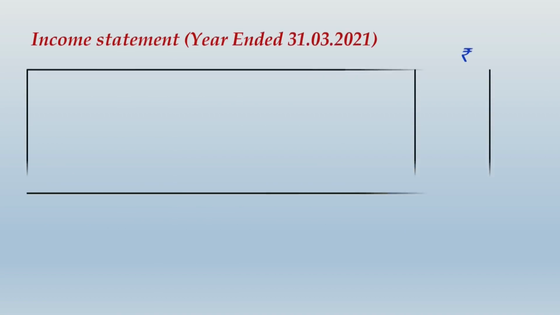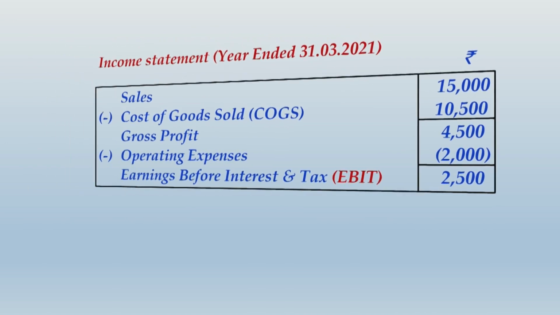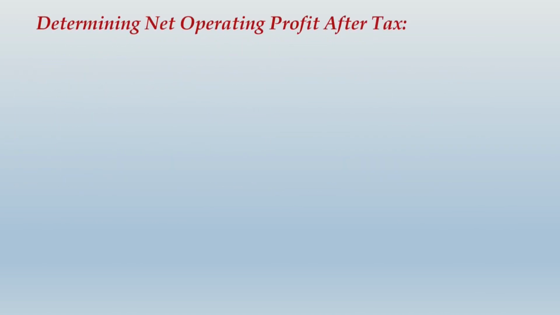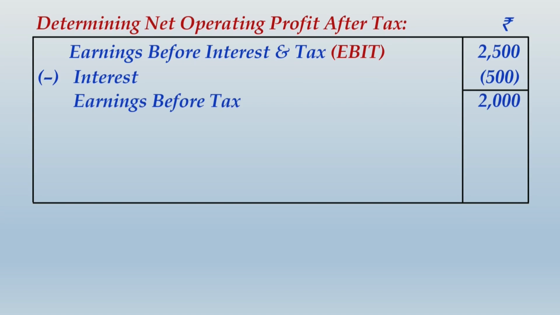With your solution, this is something that you have already mentioned. I don't think there will be any doubts over here, correct? EBIT is 2,500. Thereafter, when you have to determine the net operating profit after tax, be careful over here. I told you two different approaches. So earnings before interest and tax is given as 2,500. First subtract interest out of that, and what you get is earnings before tax. Once you get earnings before tax, this will be the proper amount of profit which will be subject to taxation, and on that you apply 30% tax. Tax rate is given as 30%.